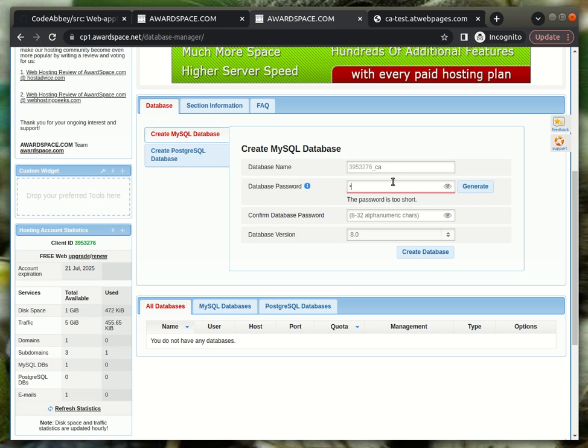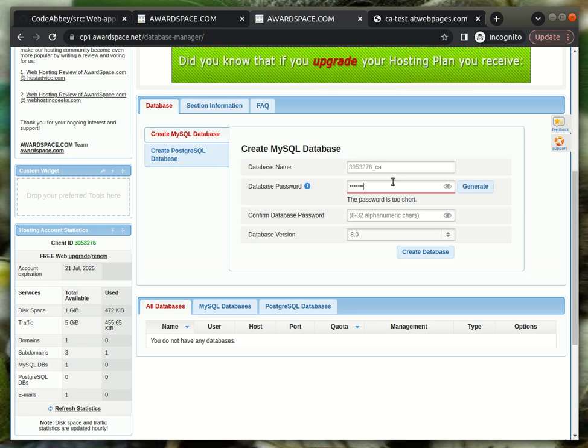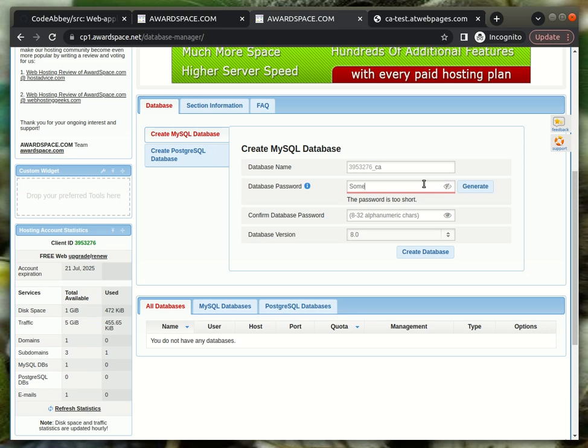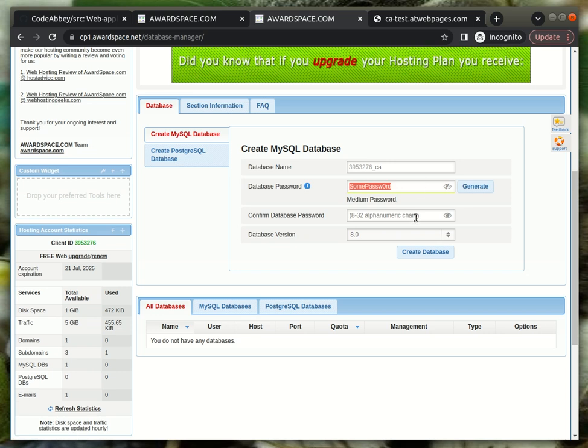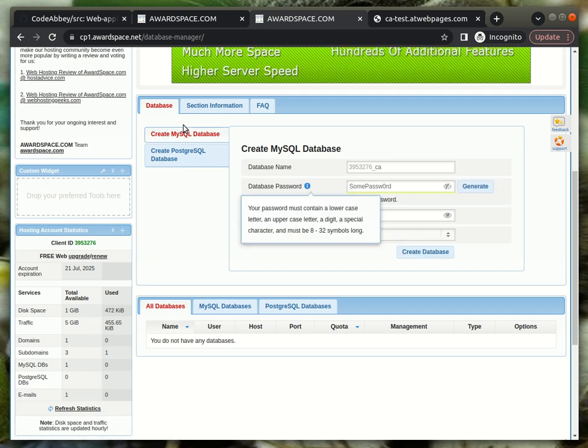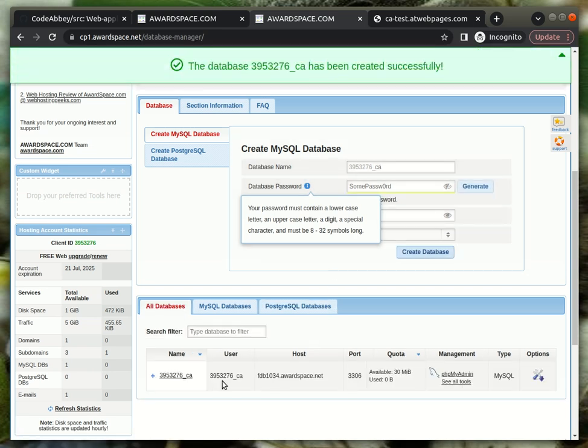Password. Oh no, like this. Copy here. Just click create. Just make sure it's MySQL. The database is ready, and here are its details. We need to